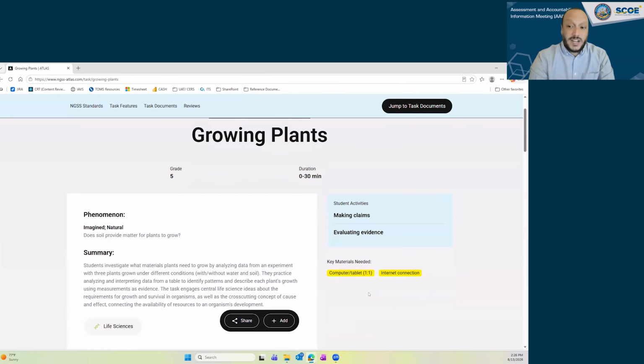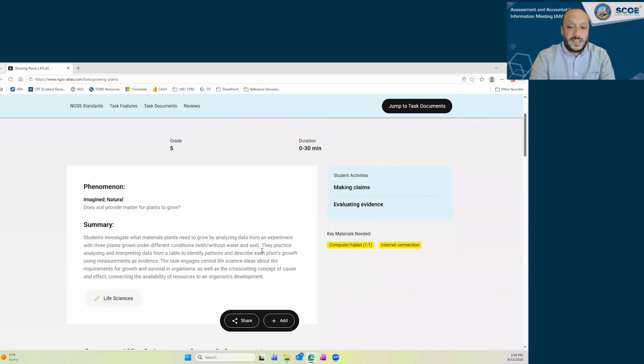I notice the instructional materials listed. All tasks were selected to be a convenient part of your daily instruction. As such, tasks included in Atlas do not need expensive equipment or supplies to implement effectively. If anything, additional materials would not go beyond what teachers generally have access to in their classrooms on a regular basis. I notice a summary of the task.